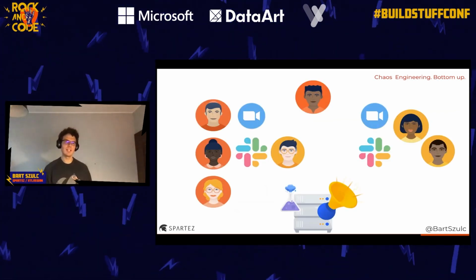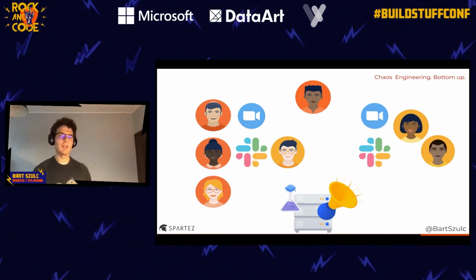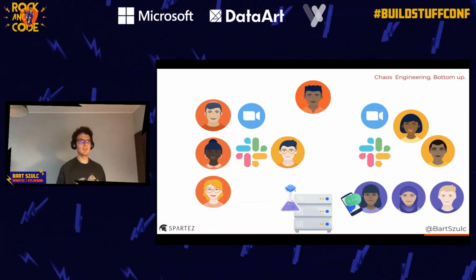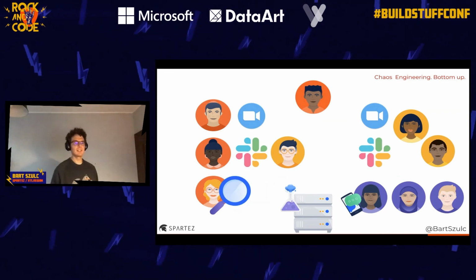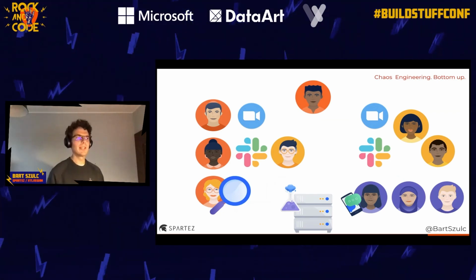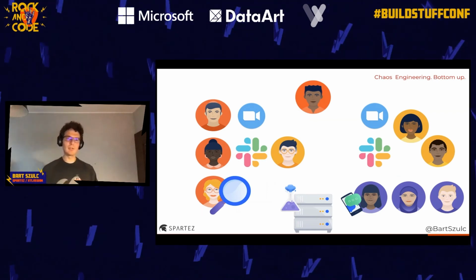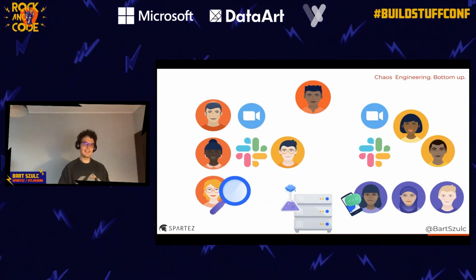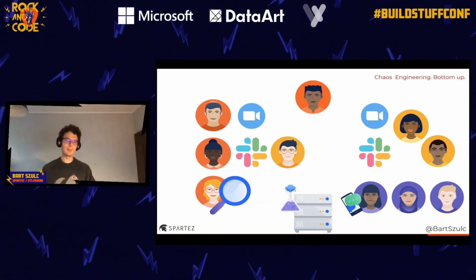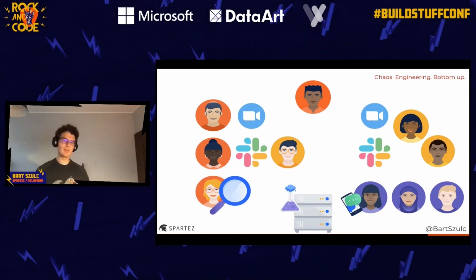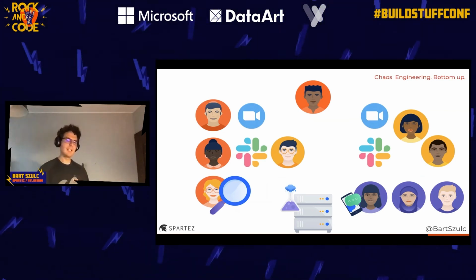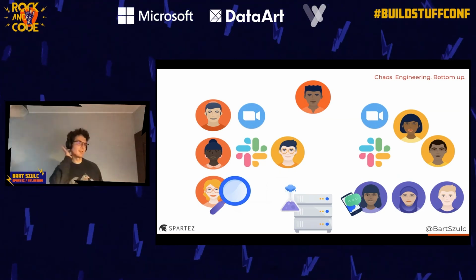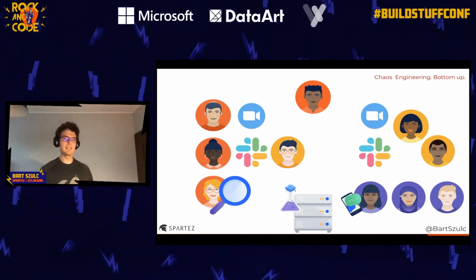And if anything goes wrong, if the hypothesis is not verified, we have a problem, then fortunately, hopefully there is an alert, and it will notify the blue team to join their meetings and address the problem. This doesn't mean that the red team is not looking into what's going on in the system. We consider the system like the software, but also the people, right? So if we expect that people will react somehow to a failure, then we need to check if this really happens, right? So the red team is responsible for the whole experiment from its beginning to the end.